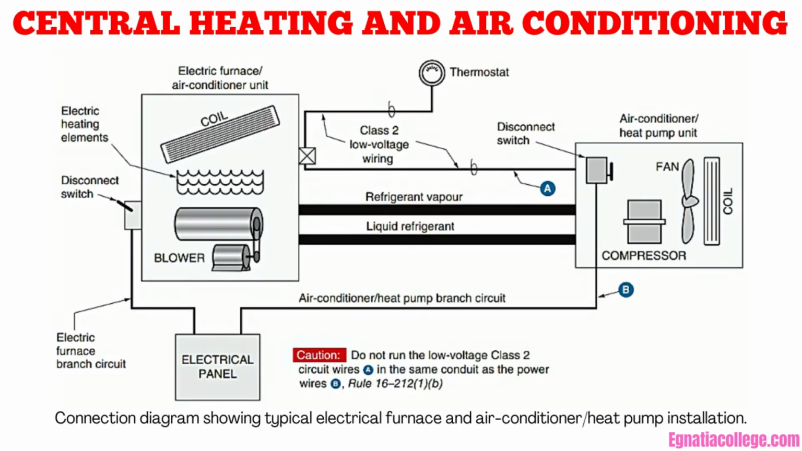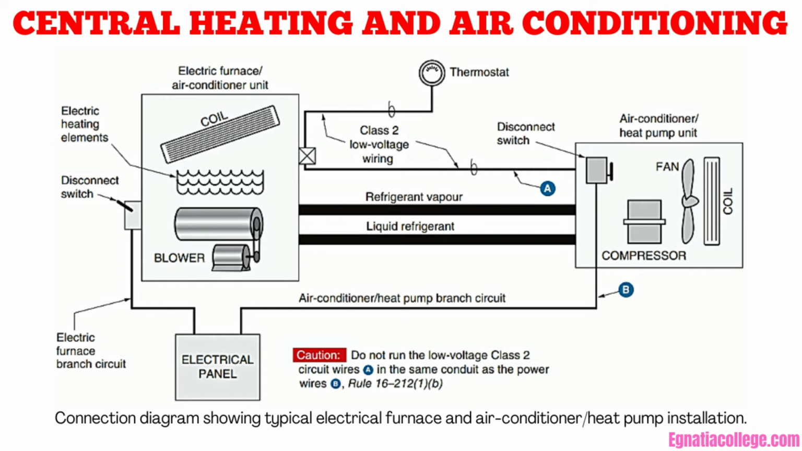Central heating and air conditioning. The residence used as an example in this textbook has central electric heating and air conditioning, consisting of an electric furnace and a central air conditioning unit. The wiring for central heating and cooling systems is shown in this figure. One branch circuit runs to the electric furnace, and another runs to the air conditioner or heat pump outside the dwelling. Extra low voltage wiring is used between the inside and outside units to provide control of the systems. The extra low voltage Class 2 circuit wiring must not be run in the same raceway as the power conductors, Rule